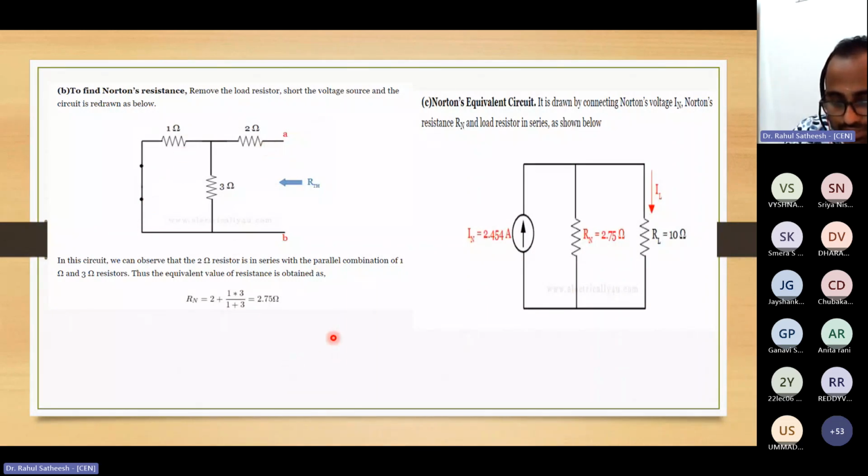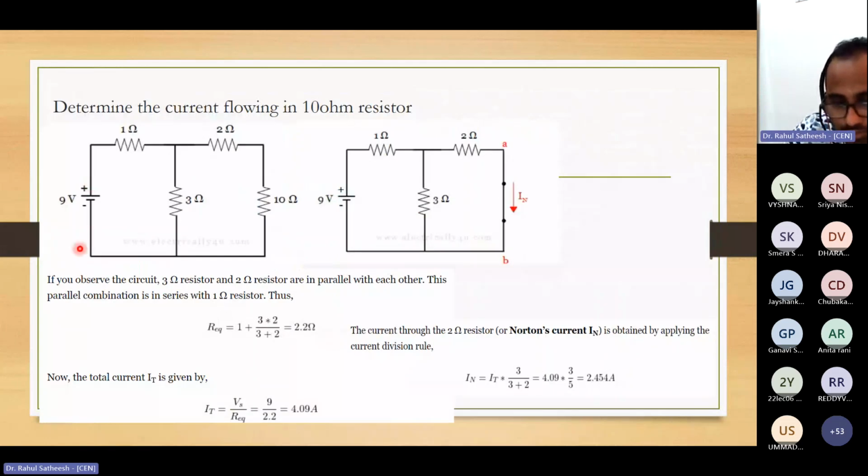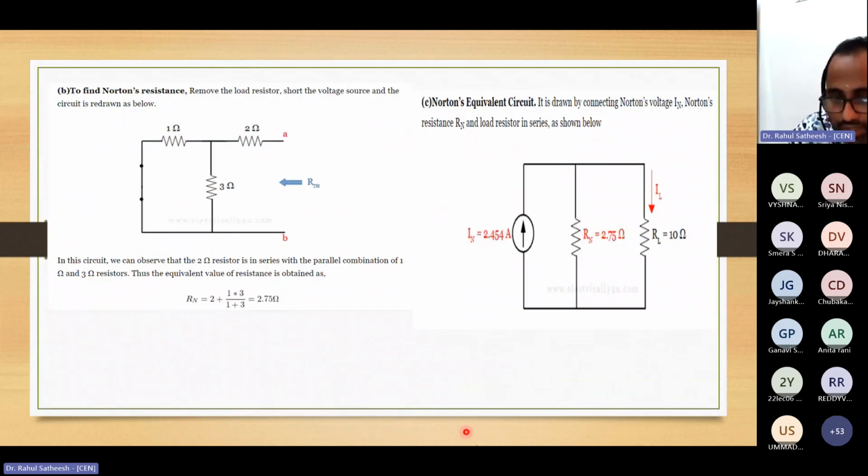3 ohm, like this. You can short this 9 volt, and you can remove this 10 ohm. You can find out the Rn from here, then 2 ohm in series with 1 ohm, 3 ohm in parallel. Like that, we can find out Rn is equal to 2.75 ohm, and the final equivalent circuit can be illustrated as